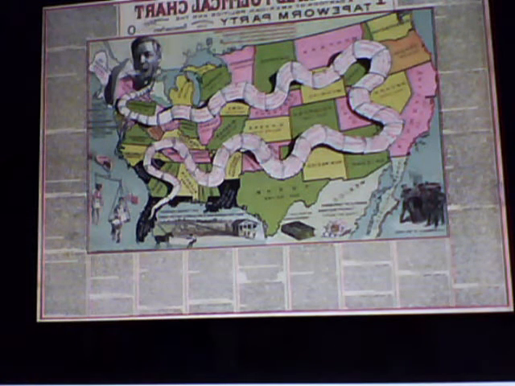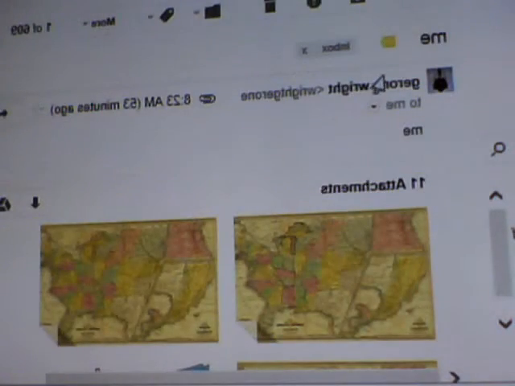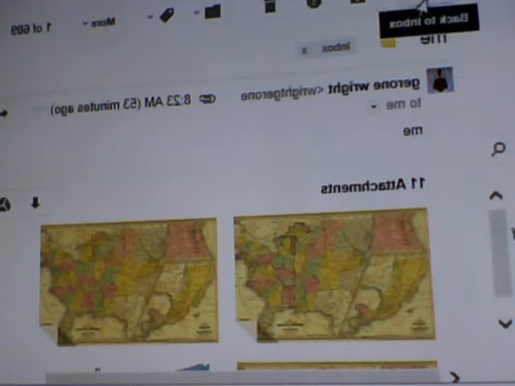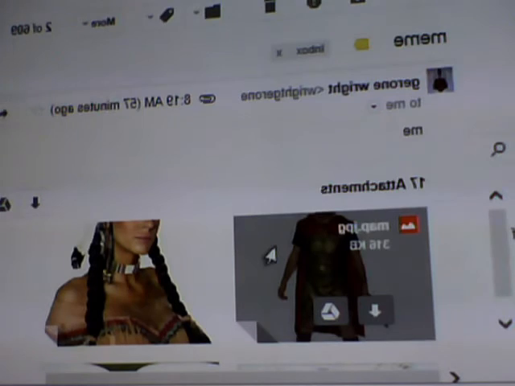Now, I have to go into another mail, open up another mail. So I'm going to see about opening that mail real quick. Let me go to my inbox. And we have to go to, I think, is it here? Or no, I have to go to the next one. Alright, we're going to go. Okay, we got 17 attachments. Alright, let me get up into these attachments.